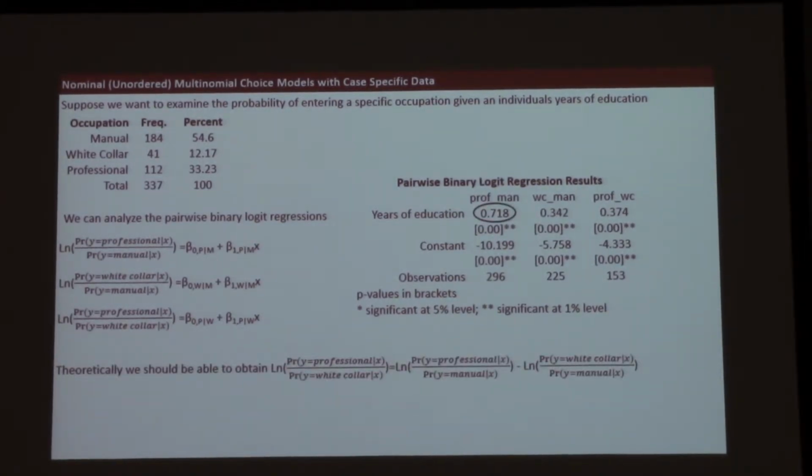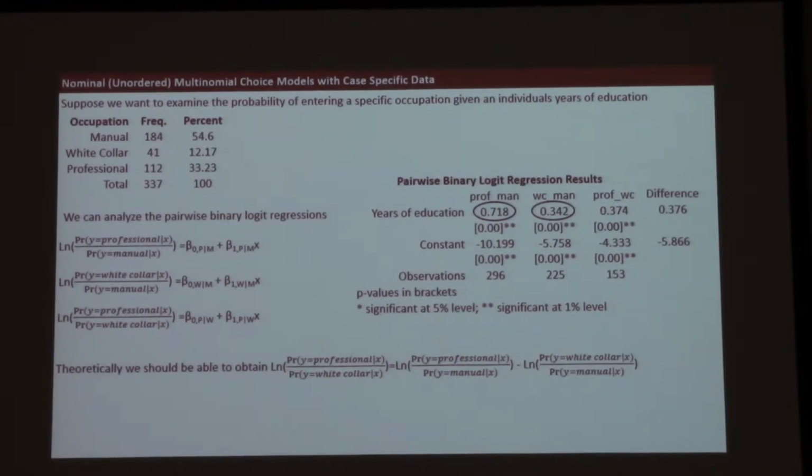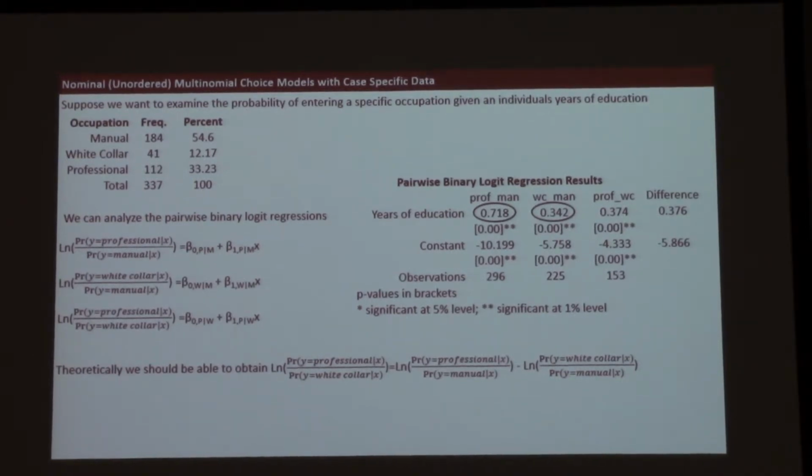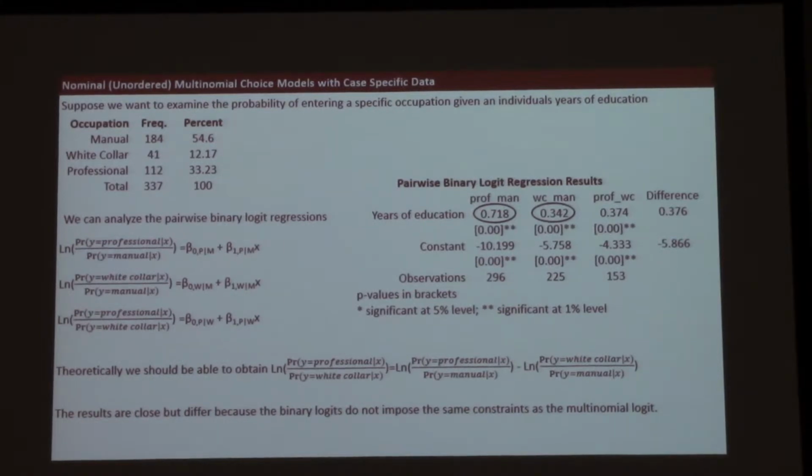And again, we should be able to take this coefficient, subtract it from that one, and get the 0.374. We get 0.376. And instead of 0.433, we get 0.5866. We get close, but not exactly what we're supposed to get. And the reason why we don't get the results we're supposed to get theoretically